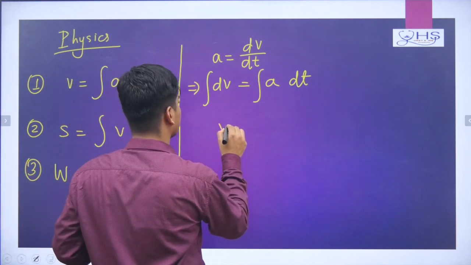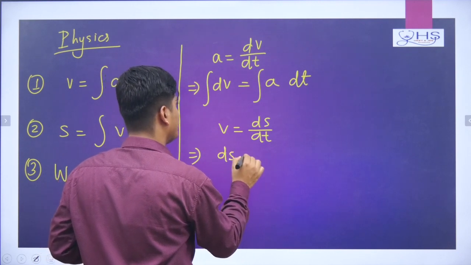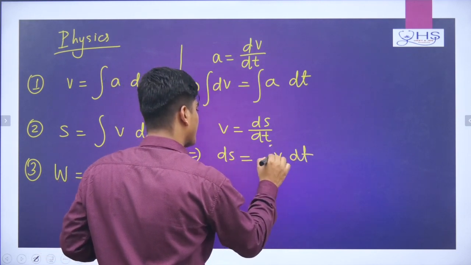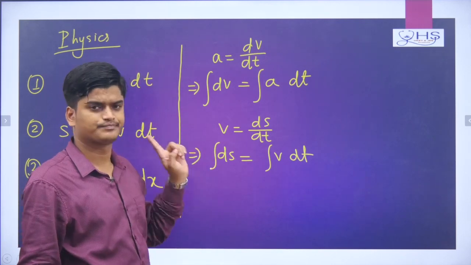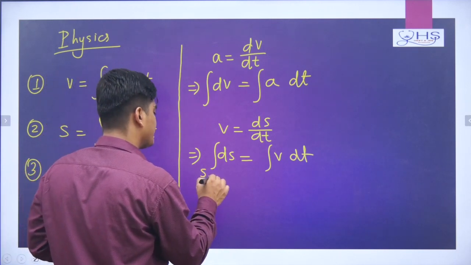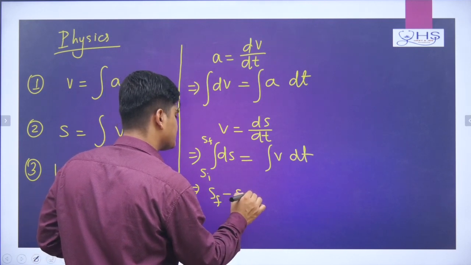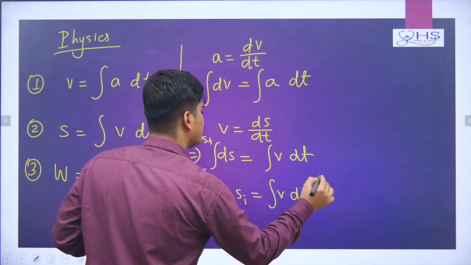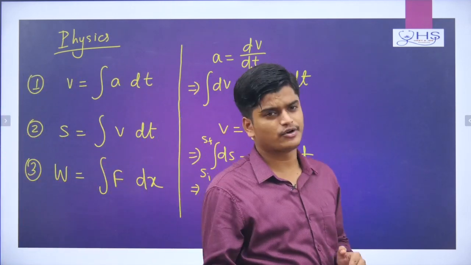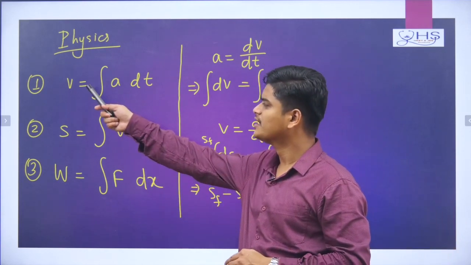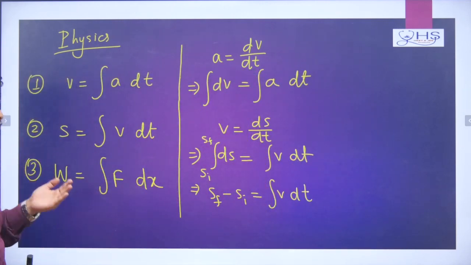Now similarly, velocity is nothing but the derivative of displacement with respect to t. If I want to find ds, that is v dt, and I can apply integration, and some lower limit and upper limit we can also substitute here. Suppose I give some initial displacement and final displacement, then I can write: final displacement minus initial displacement is nothing but the integration of v dt. Understood? If the limits are given in the question, then you can substitute. Otherwise, most of the time, for velocity or speed, you normally do the integration like this. If limits are given, we'll take them. We'll see in the questions.